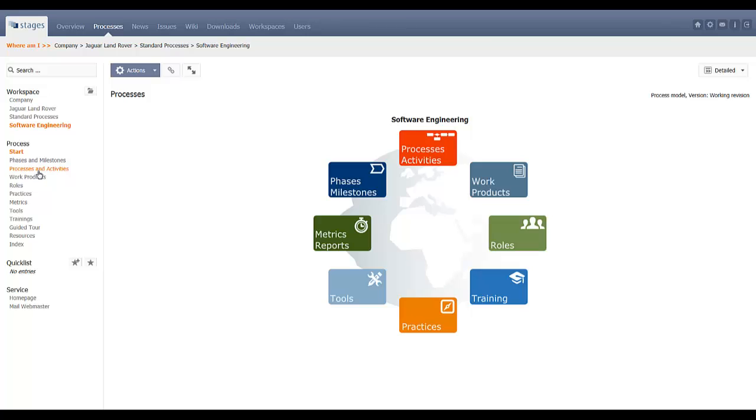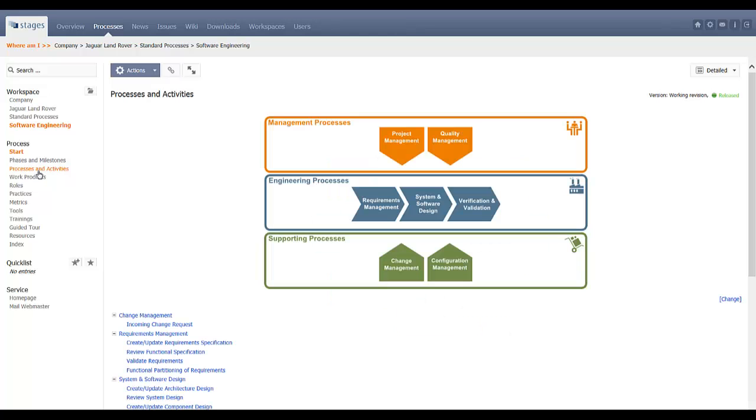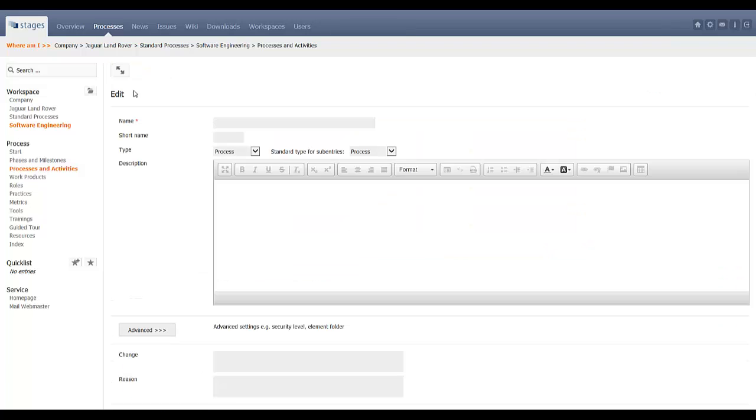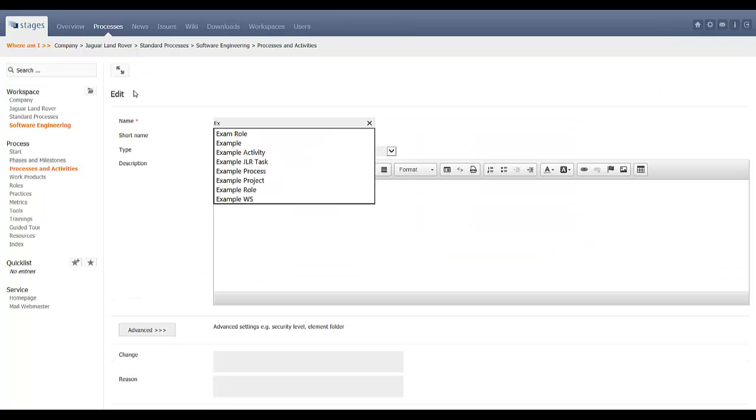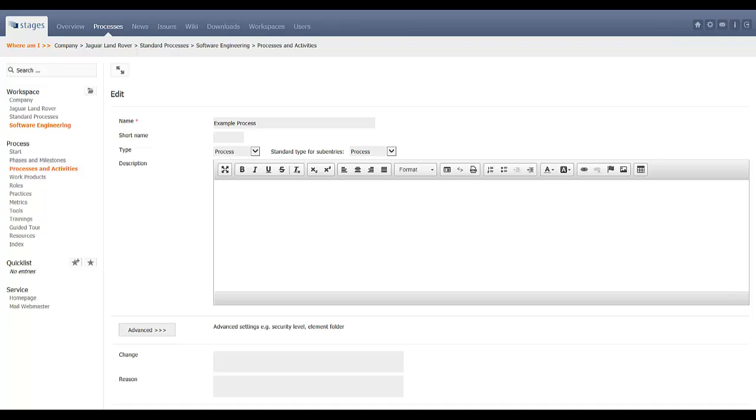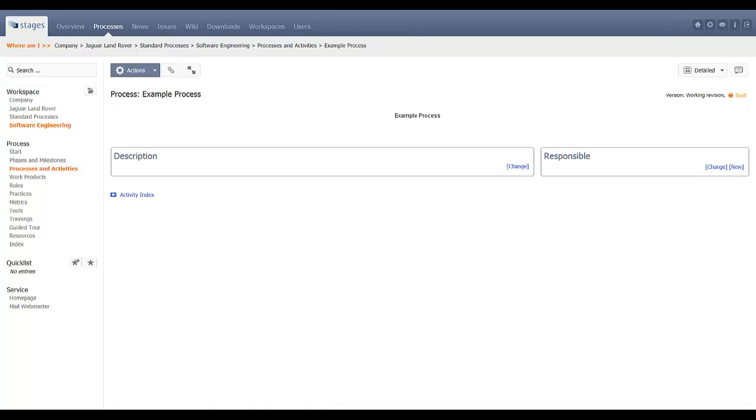If we take a look at our processes and activities, we can start by creating a new action, so creating a new process here, where we can define the name of our example process and save that. And now we have an example process that we can then add activities to, where we get